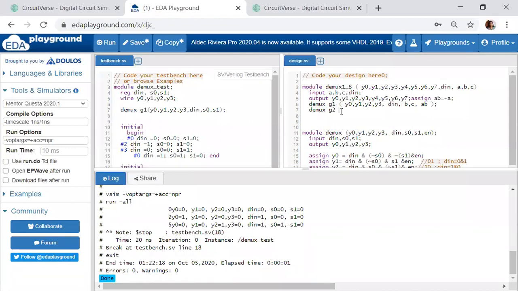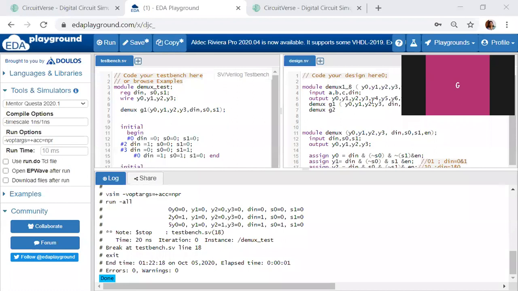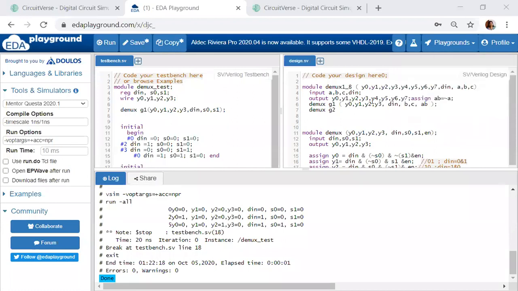Then go to the second demux. We were continuing with demux G2.